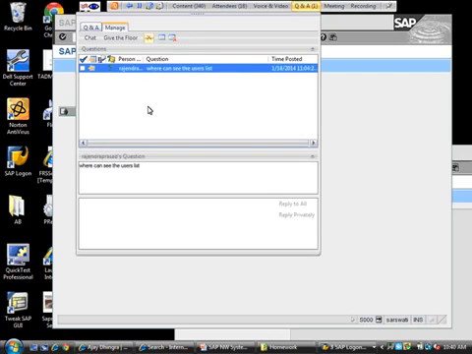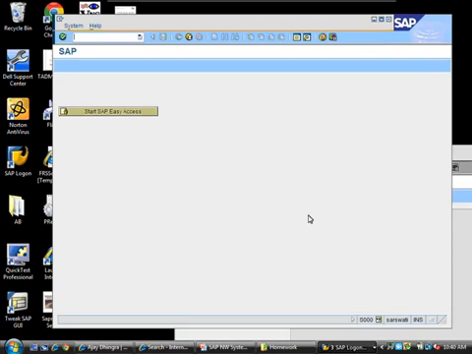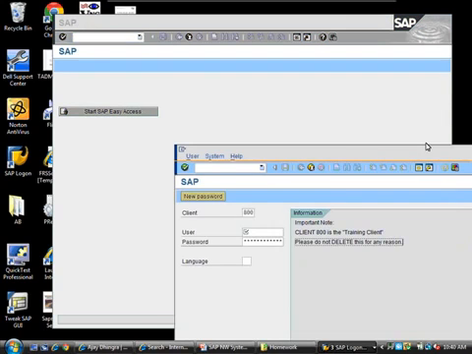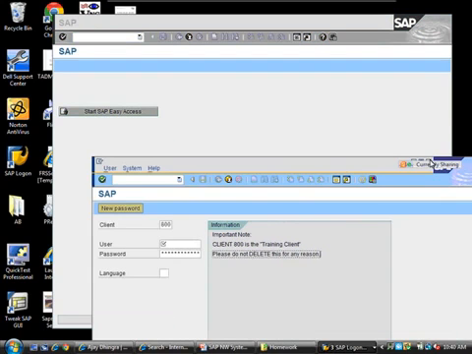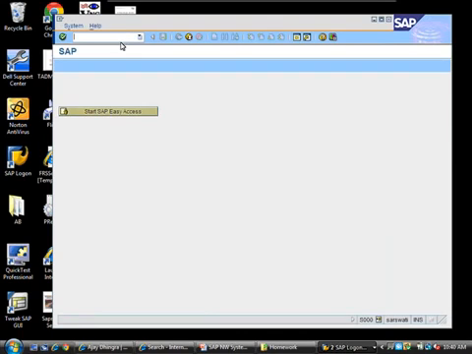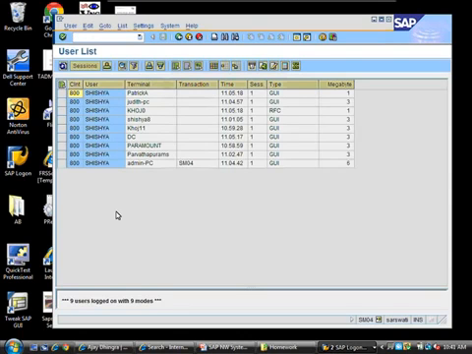So to answer that question, where can you see the user list? The transaction I was in was SM04, and how you do different transactions is /n in this window, and then if you type SM04, that's a transaction, you all can do it, /n SM04, hit enter, and you will see the user list. Right?